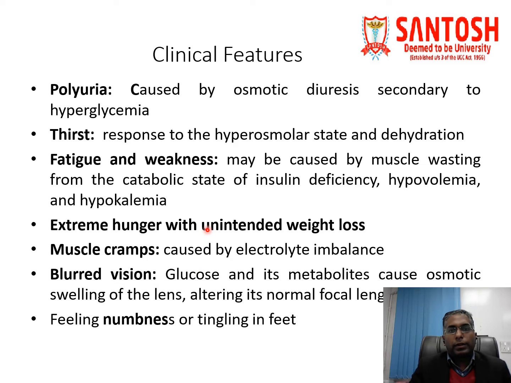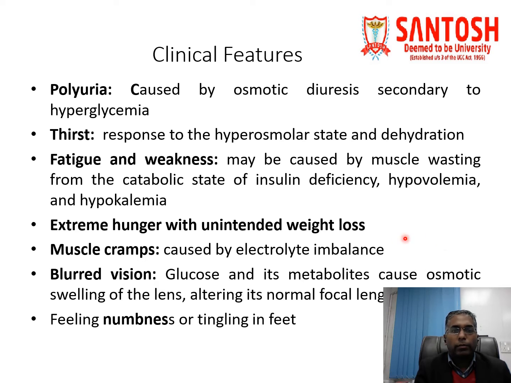Clinical features of type 1 diabetes: polyuria, caused by osmotic diuresis secondary to hyperglycemia. Increased thirst, in response to the hyperosmolar state and dehydration. Fatigue and weakness may be caused by muscle wasting from the catabolic state of insulin deficiency, hypovolemia, and hypokalemia. And there is extreme hunger, or polyphagia, with unintended weight loss because of the catabolic